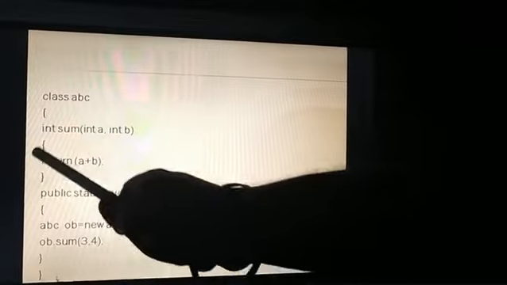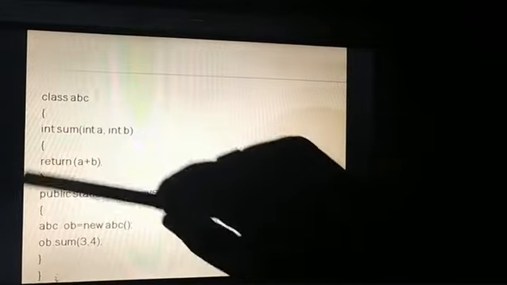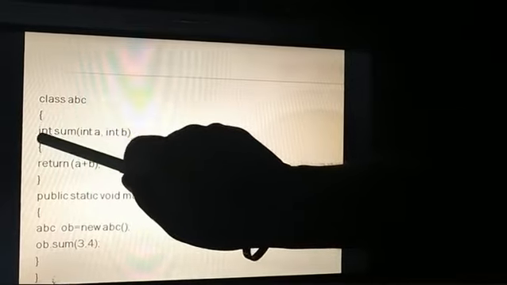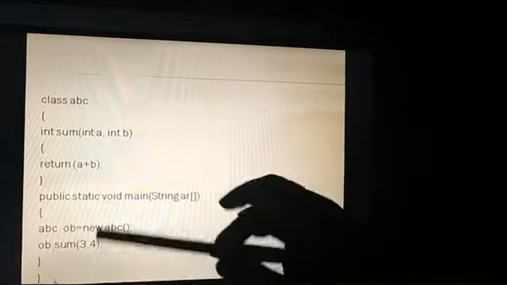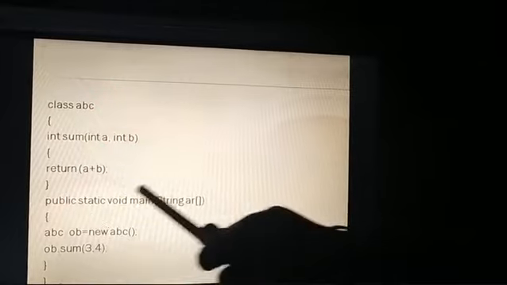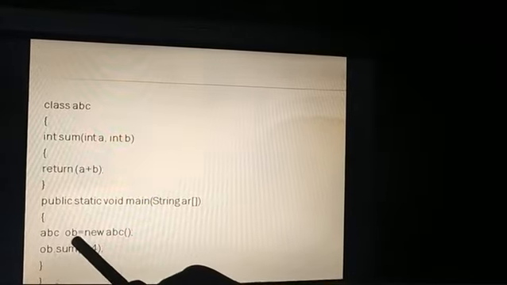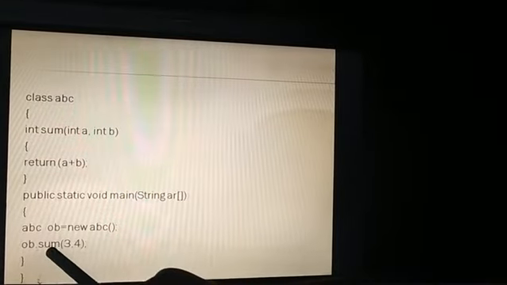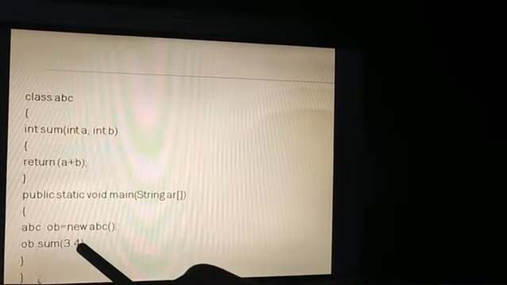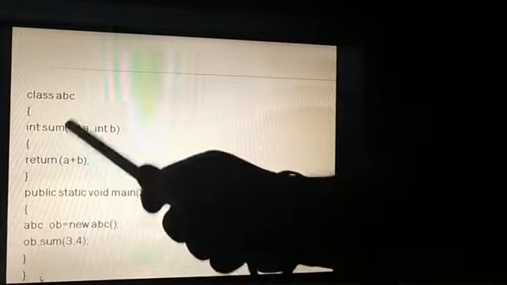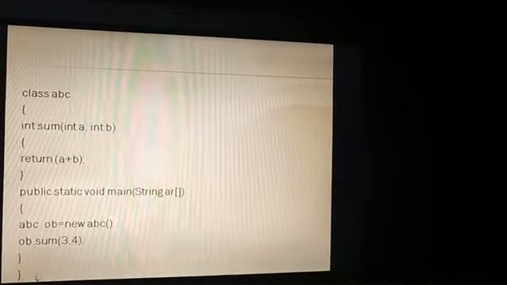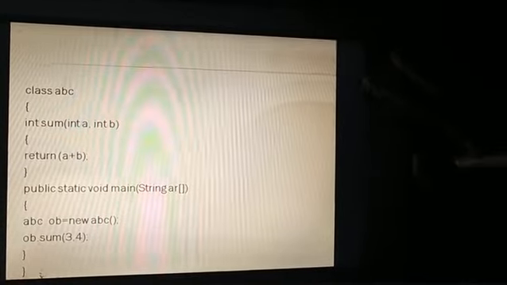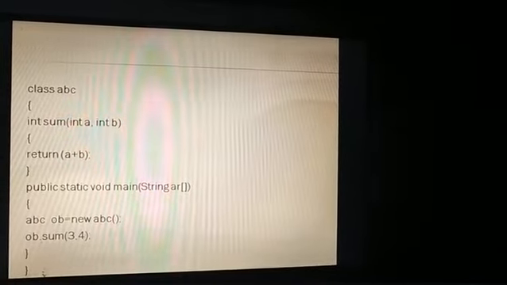This is very important to write if a function contains a return data type. Now, the same way as the previous main function, you have to declare it, make an object, and by using the object call the function. The value given is 3, 4, in the same way: 3 is the value of a and 4 is the value of b. So this is very simple, but the way is a little different from the previous section.